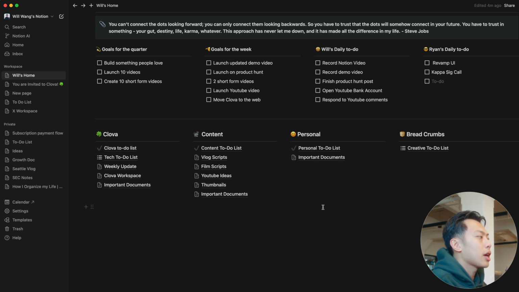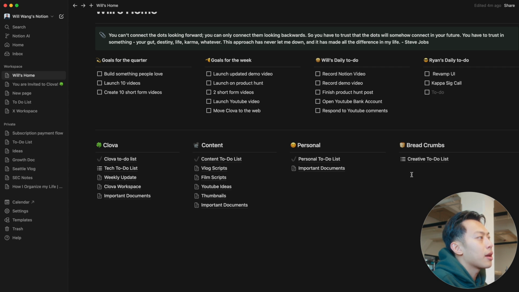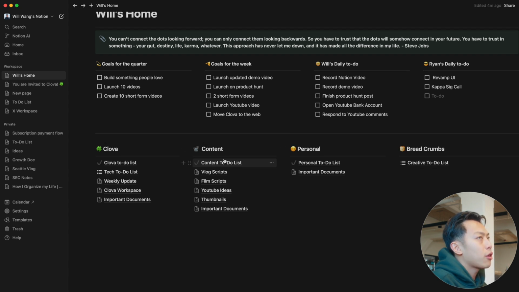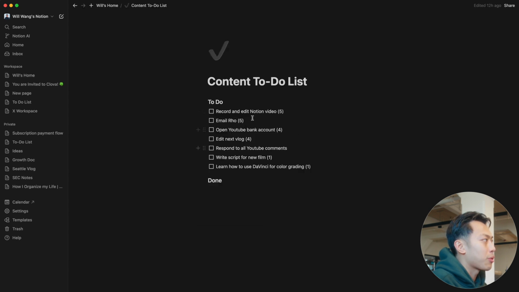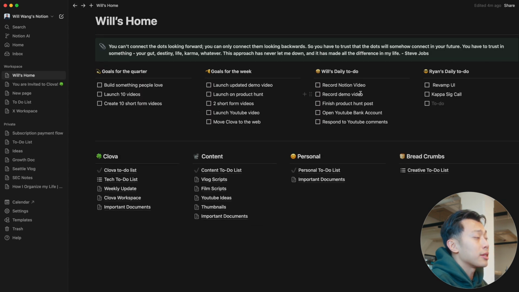What I do every single day is when I wake up, off the top of my head, if I know that something's important, I instantly start writing them down right here, as in those will be my daily to-do. But if there's not a lot of tasks and I can't remember these different to-do lists, I come into these to-do lists right here and I grab them from the urgency standpoint. And then I put it into my daily to-do list.